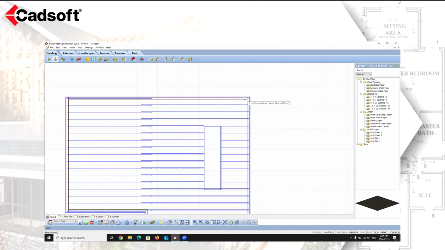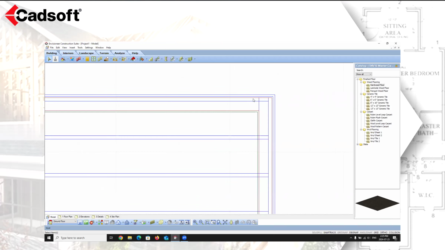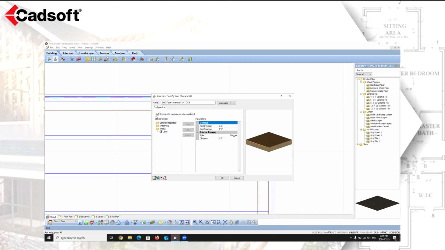If you remember back at the beginning, when I selected the structural floor, I had the regenerate faces option enabled. If you start to edit the structural floor, you may want to get in the habit of coming in here and turning this off. Because if you then later go in and move a wall and it adjusts the framing of the floor, it's going to revert back to the original. So all the work that you're about to do to that floor will be lost. So this is where you have to take into consideration the timing of when you're doing this. And if the plan is set, you're not worried about adjusting walls anymore, then uncheck the regenerate components